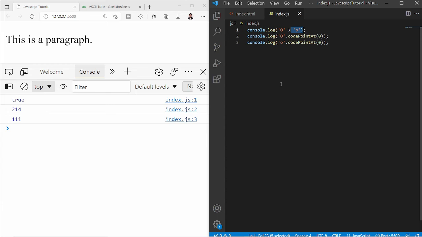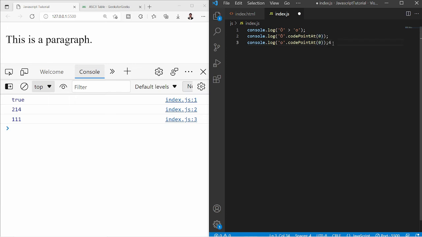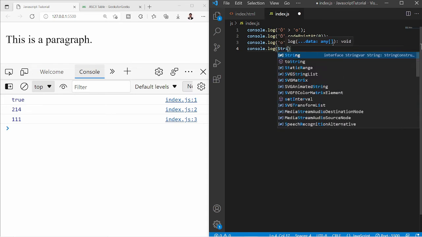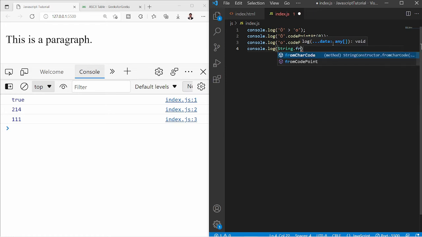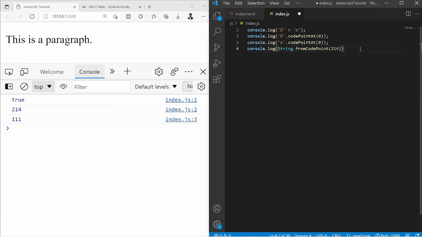Now suppose you want to do the vice versa. Here you have the character and you can get the ASCII value from it. But if you have the ASCII value and you want to create the character, how can you do that? So let's create another console.log and I'll say string dot from code point, and now I'll write 214, which will print this character.